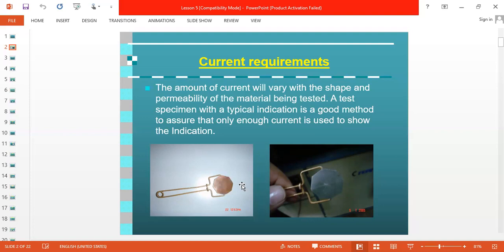And if we are not getting clear lines of indications on the pie gauge, then we have to increase this current. So this is the process.